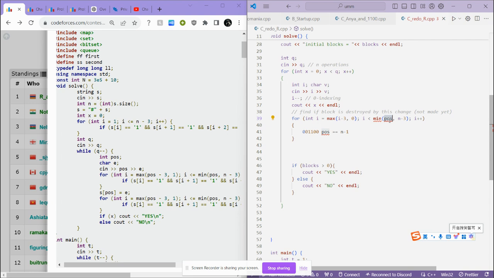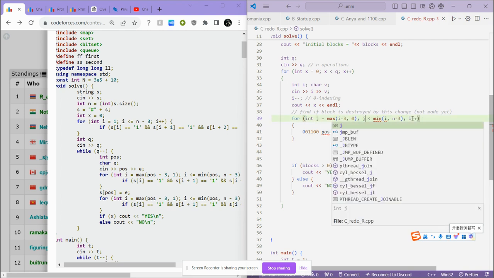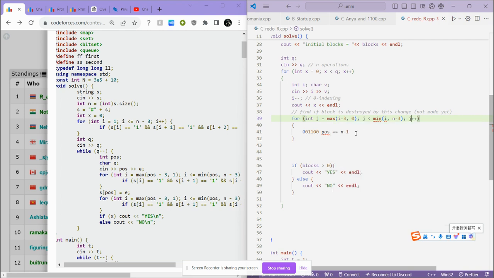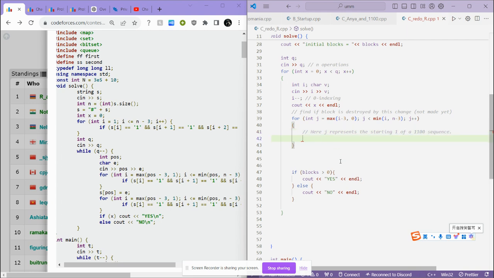Sorry, that is I. We don't want to use I here. Let's say j. Okay, then. Here j represents the starting one of a 1100 sequence. Okay. Then if